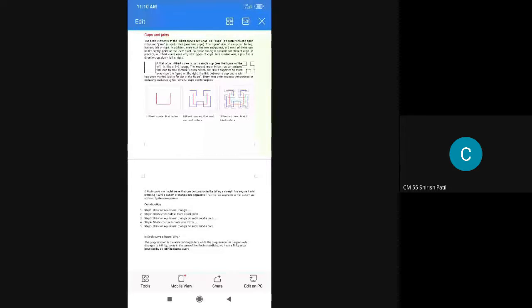So there are n number of steps to follow for the generation of the Koch curve. First, draw the equilateral triangle. So here the example is taken with the help of a triangle. Divide each side into three equal parts, means we can divide a single line segment into three equal distances or equal parts. After that, we can replace the middle part with the help of another triangle, and then we can apply the same procedure for every line segment on the given triangle. So with the help of this we can construct the Koch curve.